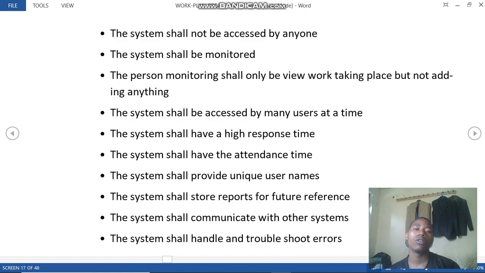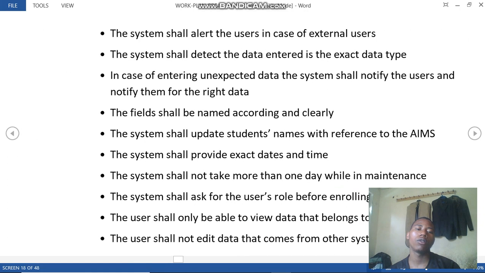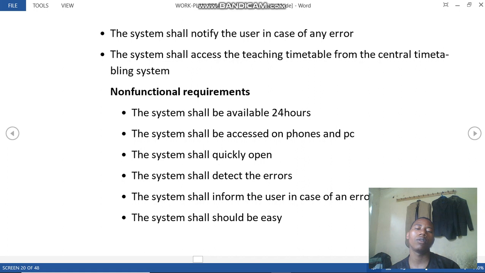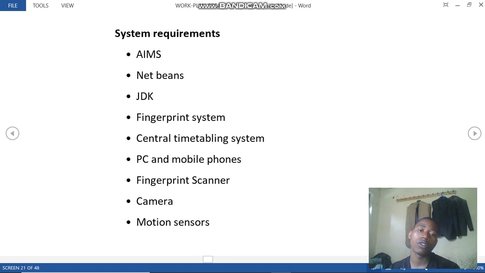After the functional requirements, we go to non-functional requirements, which describe how the system will behave. It will behave by being available 24 hours, it will be quick, it will detect errors, and very many others. The system requirements, both software and hardware, are common. For example, NetBeans as a software requirement, and the JTK fingerprint system also as software, and a fingerprint scanner, PC camera, and motion sensors